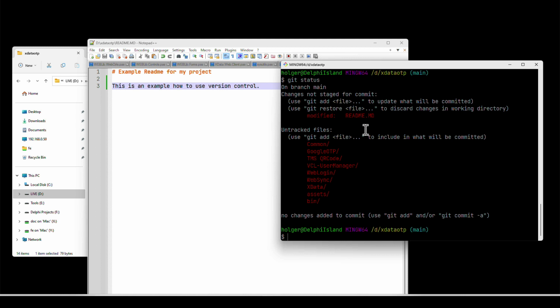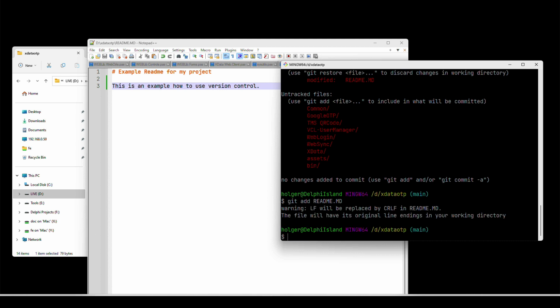Great, huh? So we need to stage these changes. So we would need to say git add readme.md, and then we say git commit updated readme.